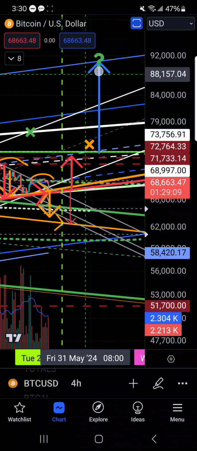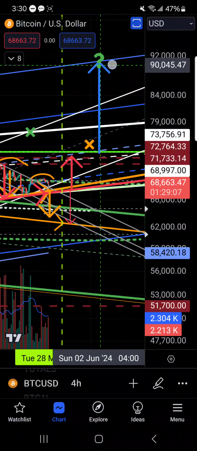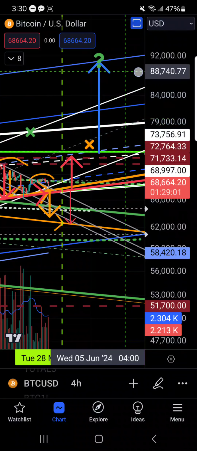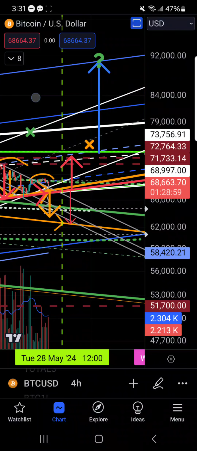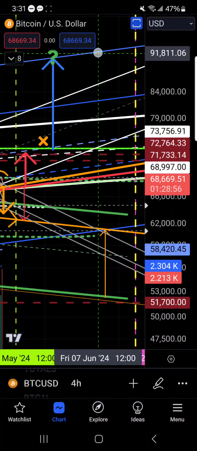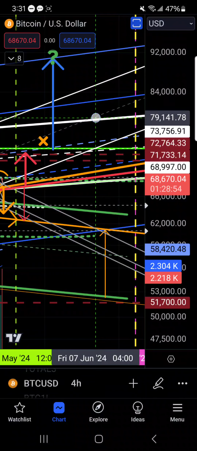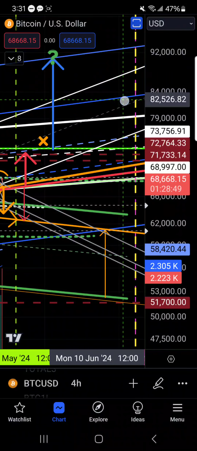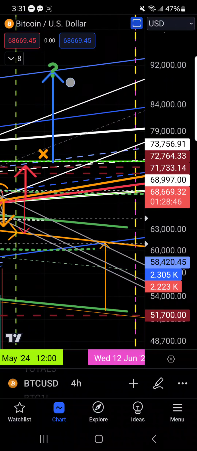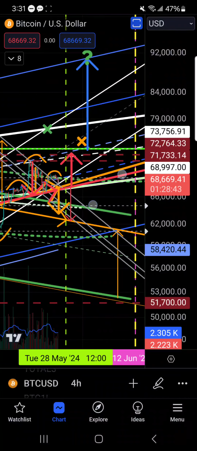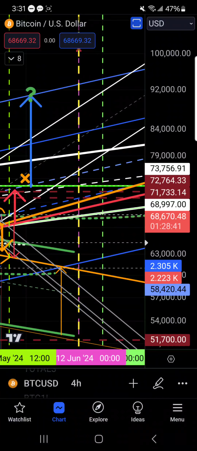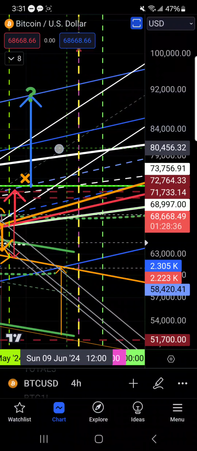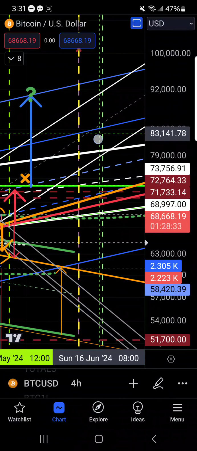So we might dump, pump, and pump some more, and then we would definitely see a big, huge downwards back to the top of this channel, and then possibly play out here up and down between the top of the blue parallel channel and the top of our most important channel in Bitcoin history, and range in there for a while until we get our parabolic bull rally. And this action in here would then build up structure from here.